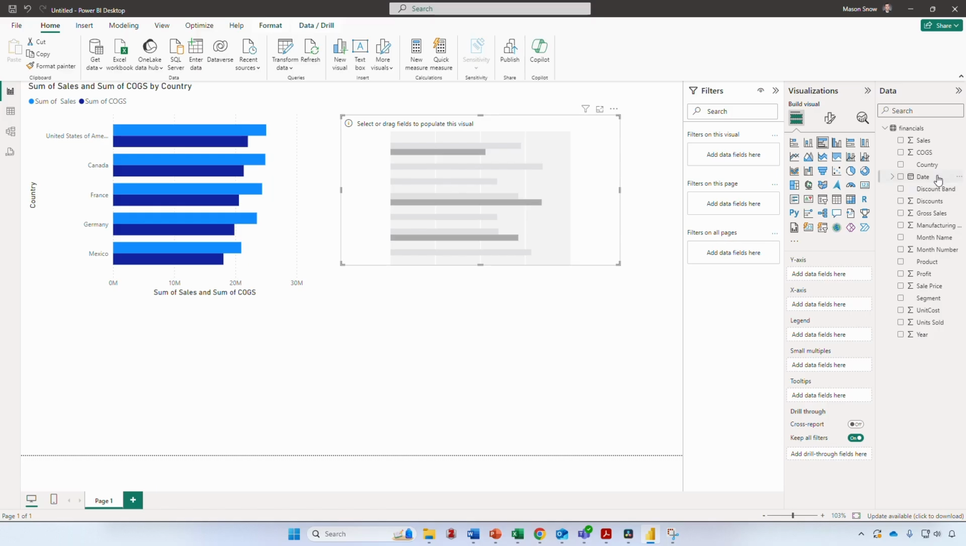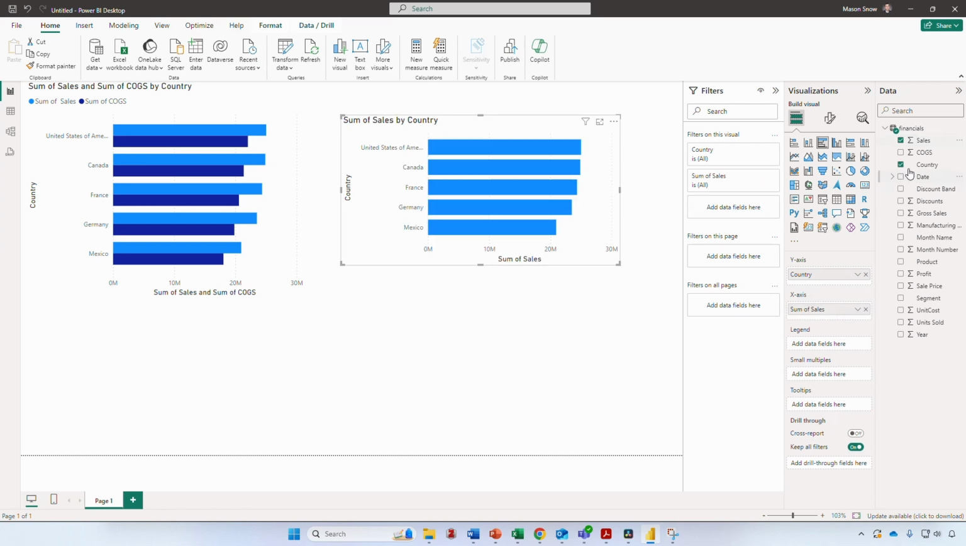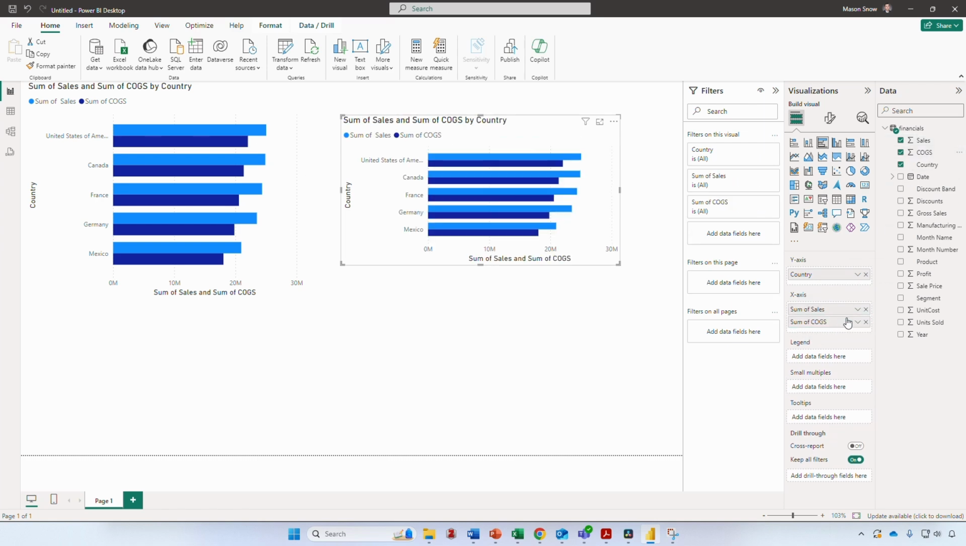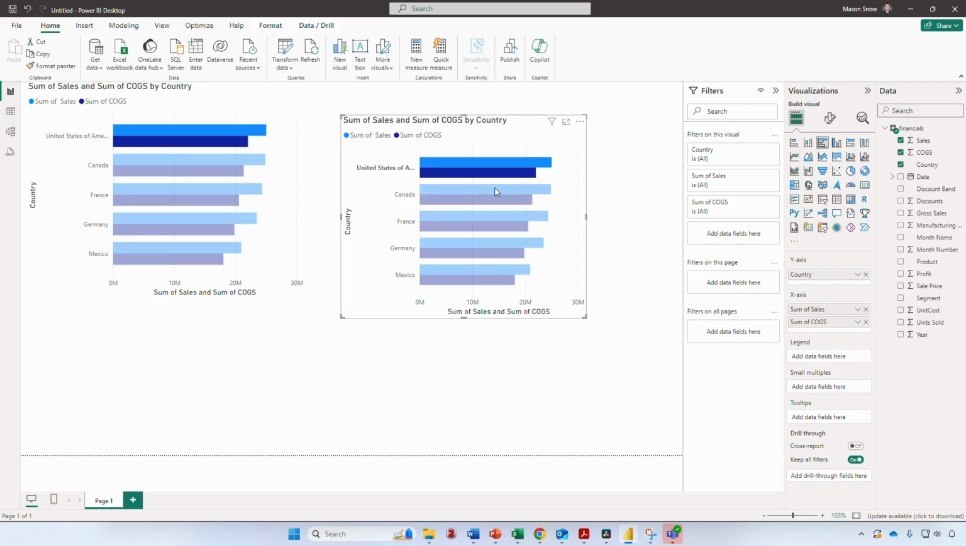For my y-axis, I'll click and drag the country field to y-axis and bring sales and cost of goods sold, again clicking and dragging, to the x-axis. We can resize it if we want. Power BI knows that these charts are based on the same underlying data. So when I select a bar in one chart, it emphasizes the same data in the other visual. That may not seem super useful for now, but when we construct a dashboard later, you'll see how this can